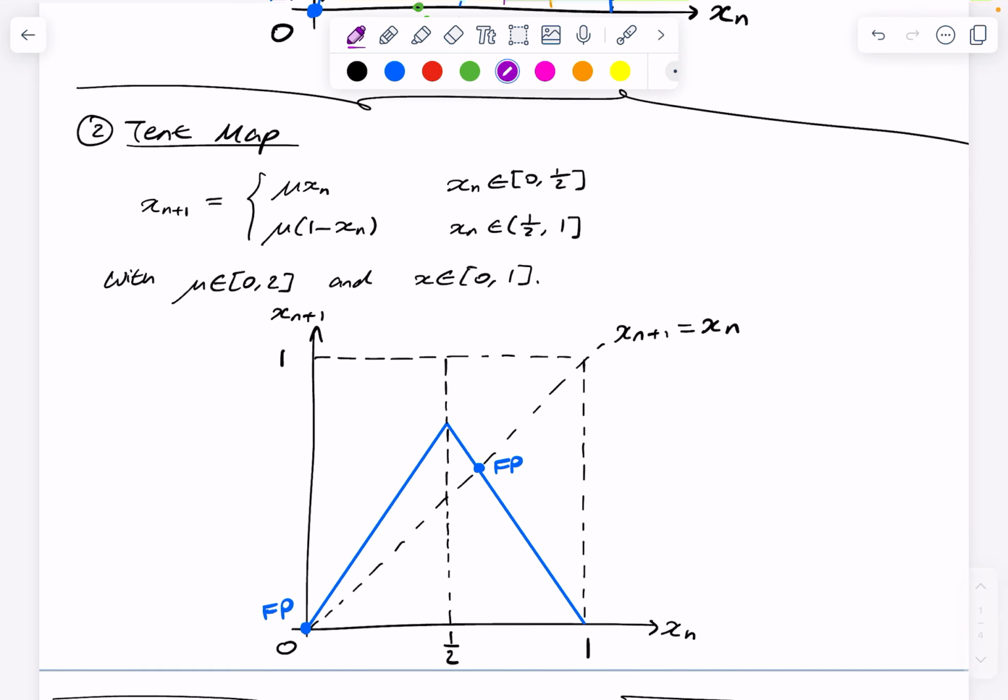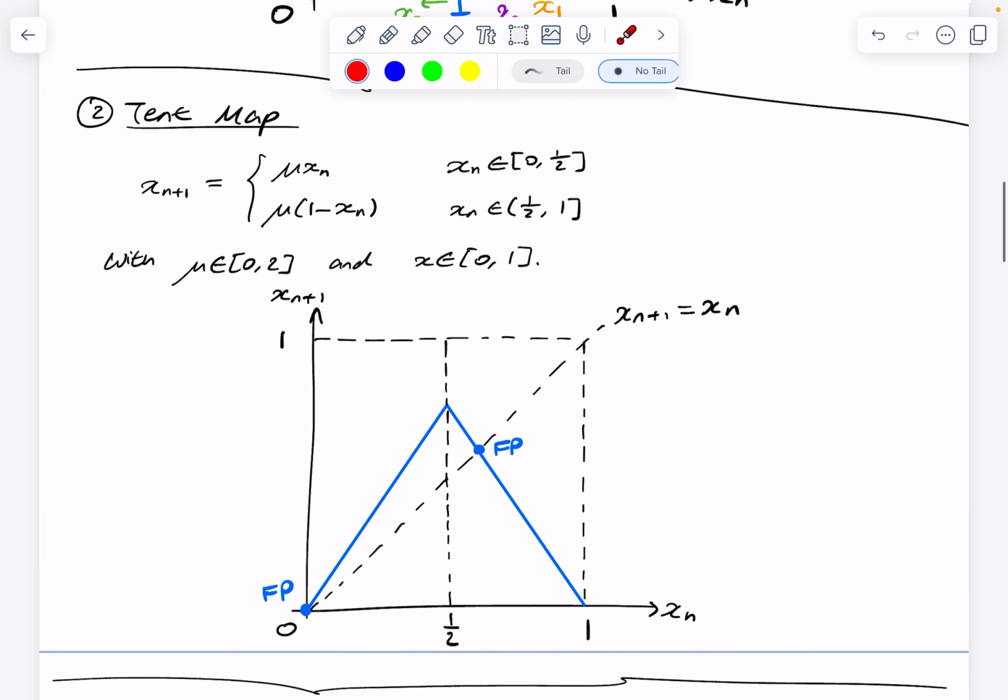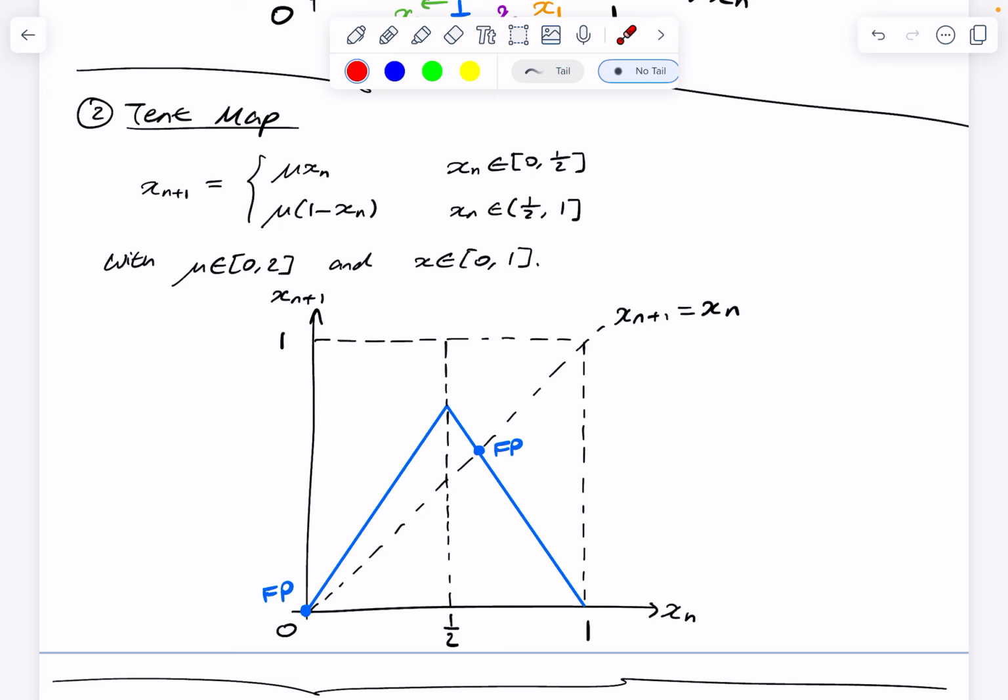Next, we're going to look at the tent map. So the tent map is defined as shown. Again, we can notice there's a symmetry in the line x_n equal to half, and similarly, mu is usually between 0 and 2, so that we do not leave the interval [0, 1]. Again, looking at the line x_{n+1} equals x_n, we see that there are two fixed points, one at 0 and one here, which we can calculate, again, by setting x_{n+1} equal to x_n in